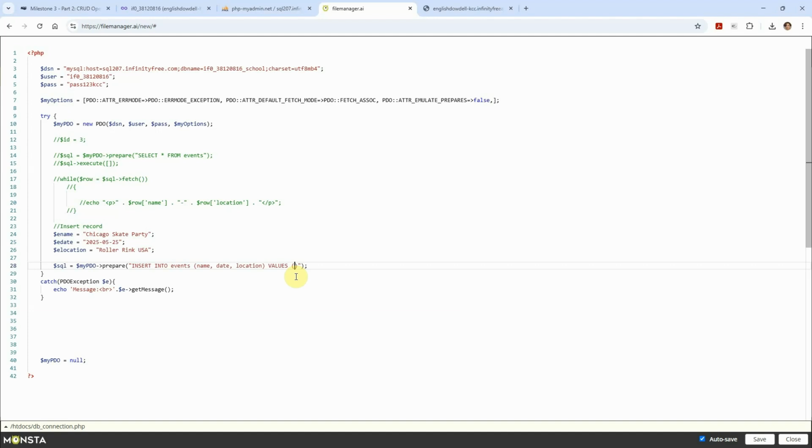And just so that we don't get mixed up with our different variable names, I'm going to construct them a little differently than just having ename, edate, elocation, so that you can differentiate which one is the named placeholder and which one is the variable. Remember, the named placeholders have to be prefixed with a colon within the prepared statement or the prepared method argument. So this one's going to be E, and I'm going to capitalize the N,